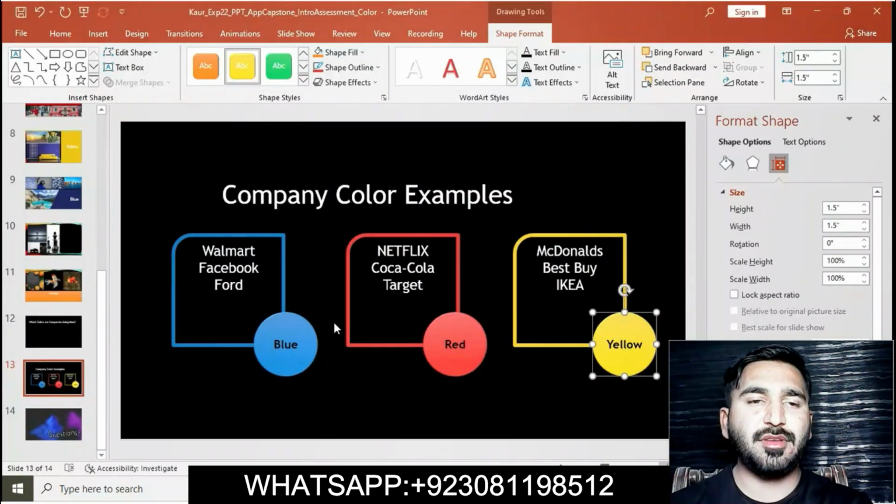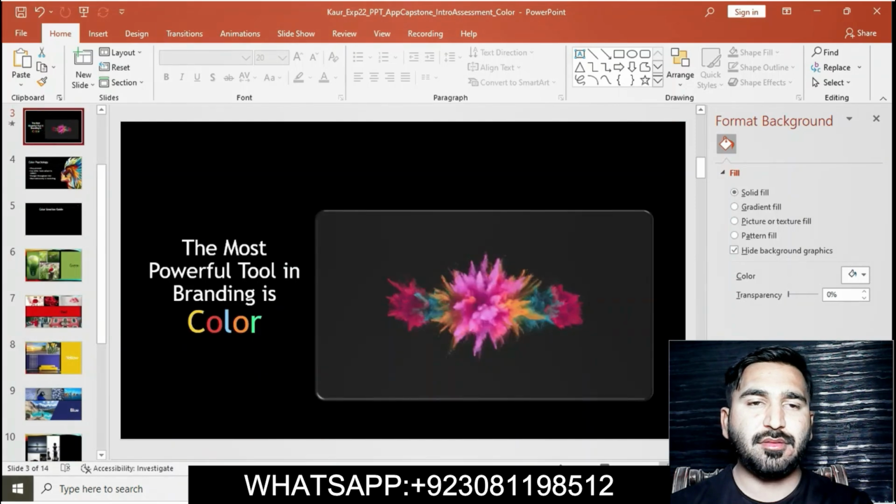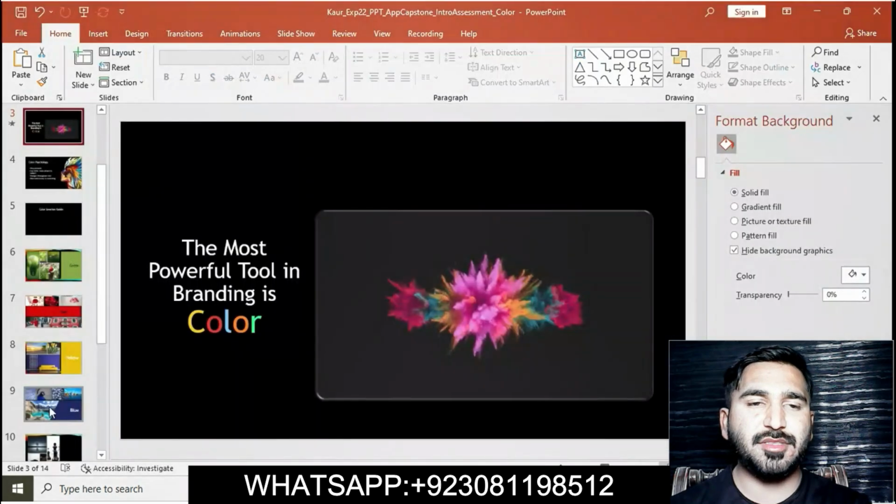Moving on to the PowerPoint file, on slide 13, select the blue circle shape and then press shift.